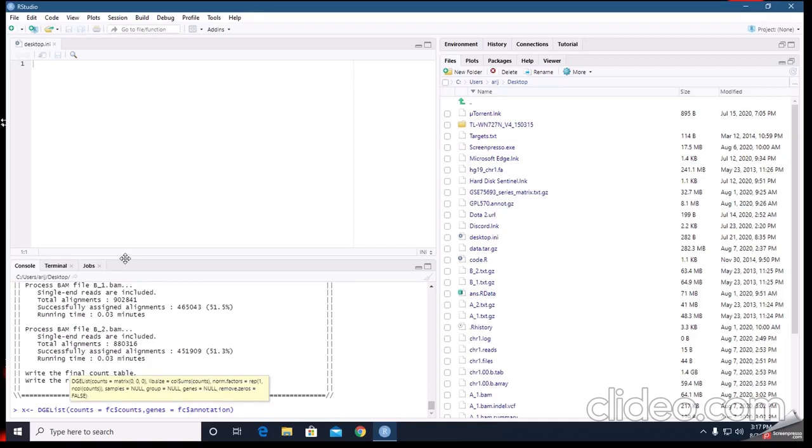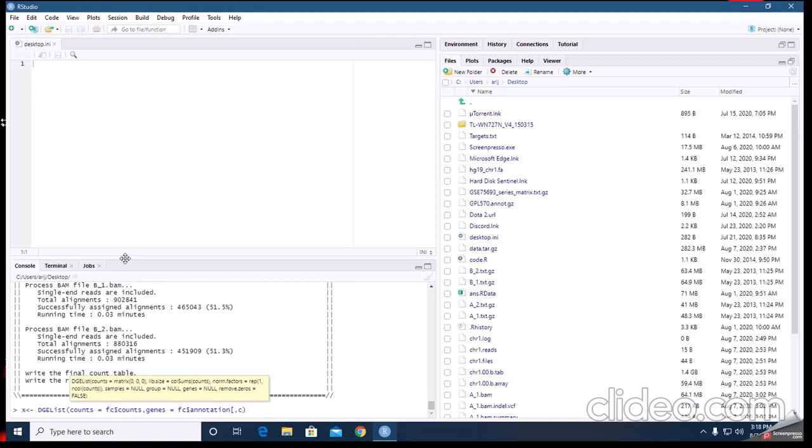Now I am going to concatenate, to show annotation only through gene ID and length. So I use c for concatenation. Now after c I am using brackets, round brackets.